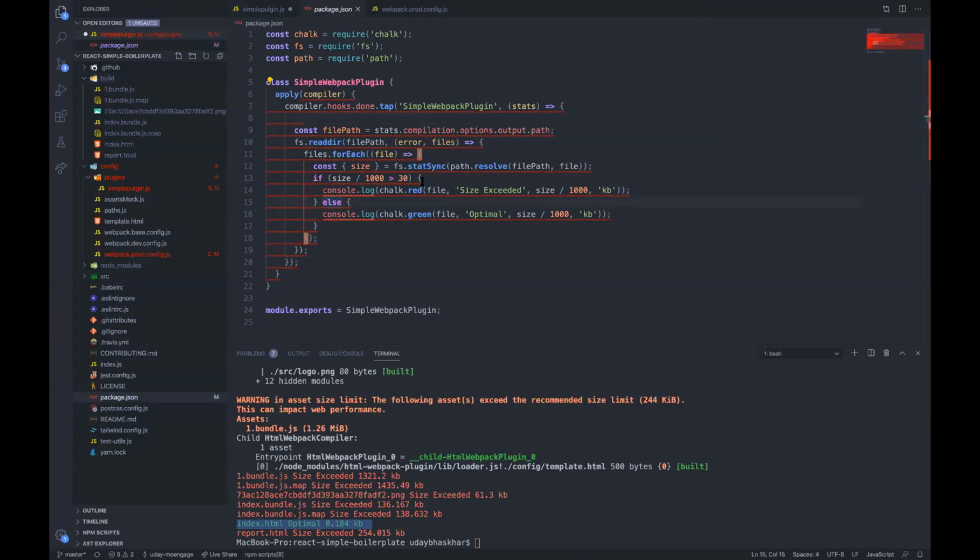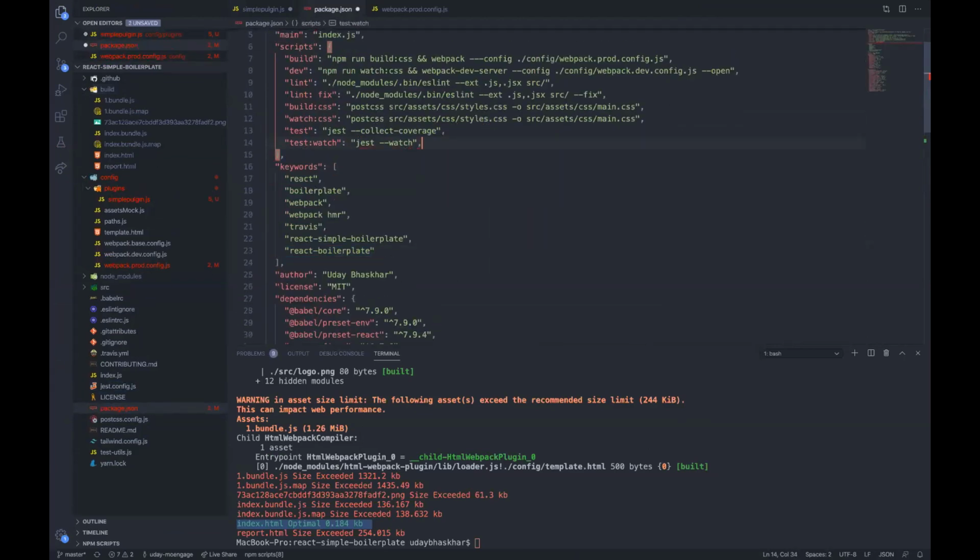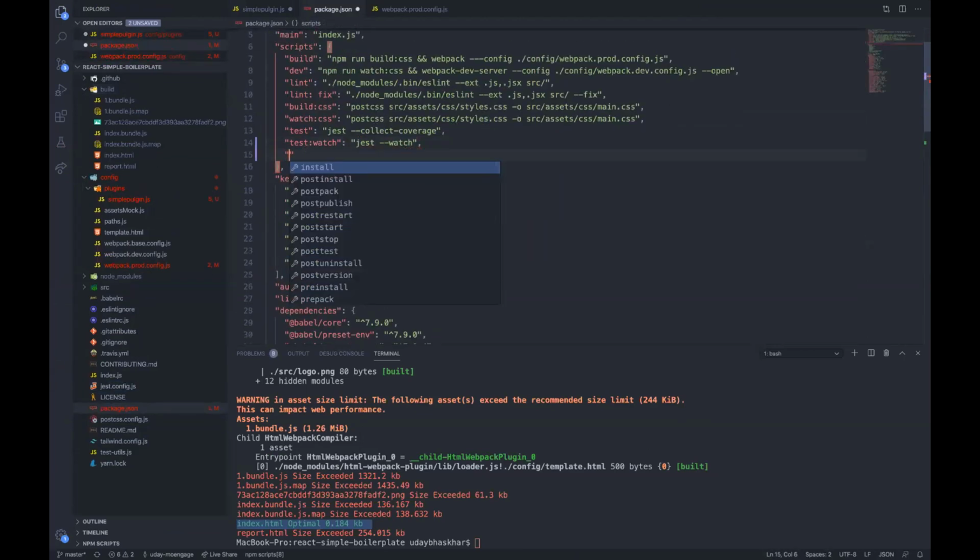So for this, I'll be using Node Nightly. It is used for debugging Node processes, and there are many options, but you can directly use node --inspect. But I'm more comfortable with this. Let's create a script, Node Nightly, and I will run it in inspect mode. I will run Webpack.